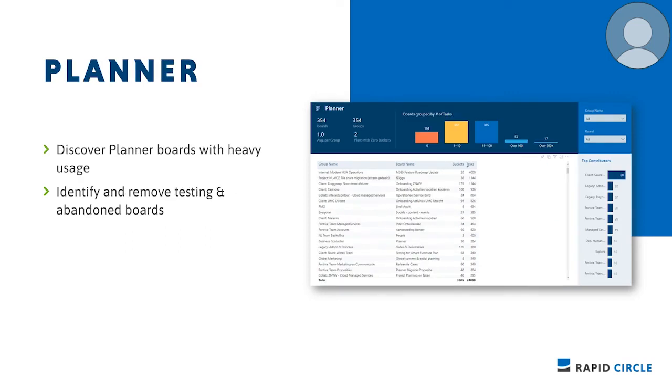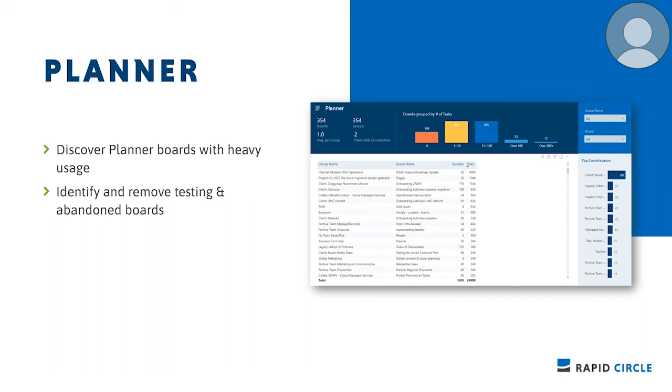So Planner, I personally have a bugbear with, because Planner has no ability to recover things properly. It has no version history. We can't work through it properly. And now that Lists actually has a Kanban view built into it, some of our clients have actually used this particular report to identify heavy Planner users, or groups that are heavy Planner users, and actually start to move them over to Lists instead of using Planner. Now, I'm not saying Planner should go away. That's a soapbox I'll get on at another time, but it allows you to have that insight as to how well